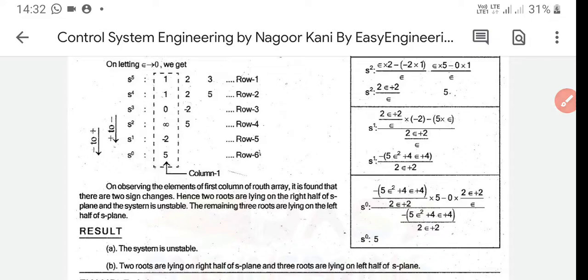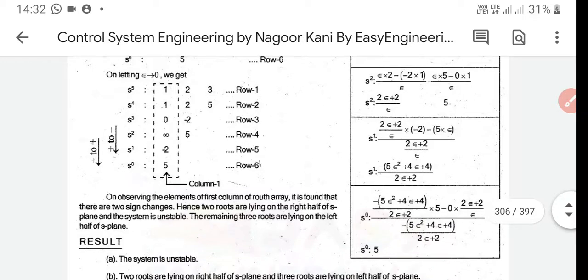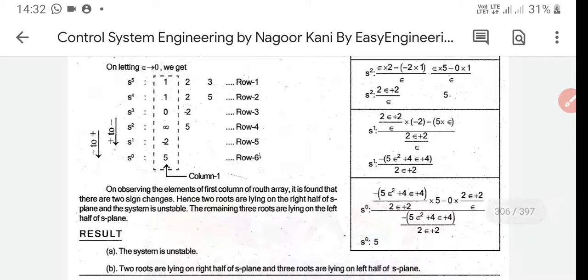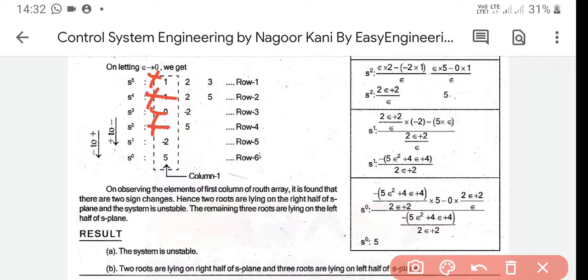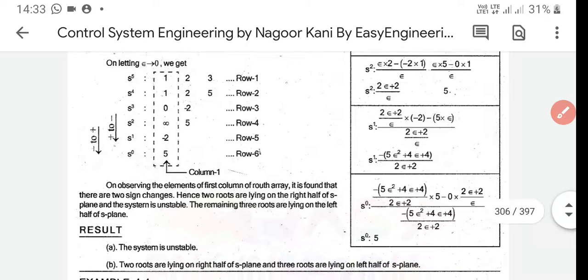So first of all you should see how many sign changes there are within the row array. Is there any sign change? So there are sign changes. Here the first element has a positive sign, right? Here the positive sign, here also the positive sign, this is neutral and this is positive, and you got the negative sign here. So this is the first sign change, plus 2 minus, and after that here once again minus 2 plus, there are two sign changes. So totally how many elements do you have?